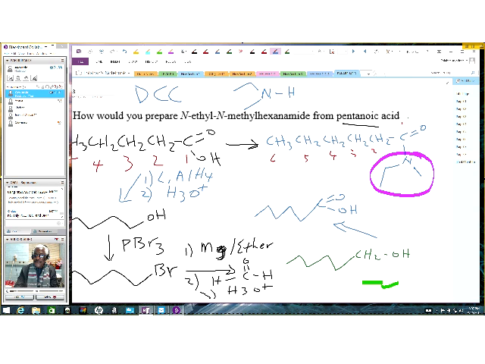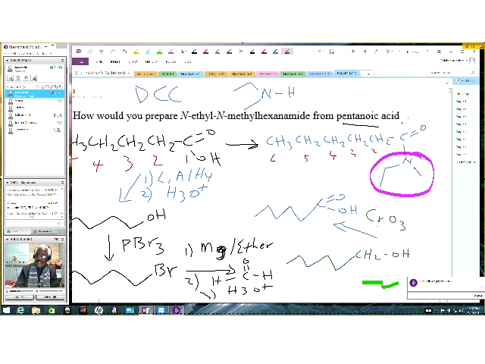Now, the reagent you need to use here to go from a primary alcohol to carboxylic acid, you could use, I almost forgot that, let me put this in here. You use chromium anhydride in dilute acid or any of the chromium derivatives. Okay, so you could use chromium trioxide in hydronium in dilute acid or chromic acid. You could also use that. Anyway, if you react the chromium trioxide in hydronium ion with a primary alcohol, you obtain your